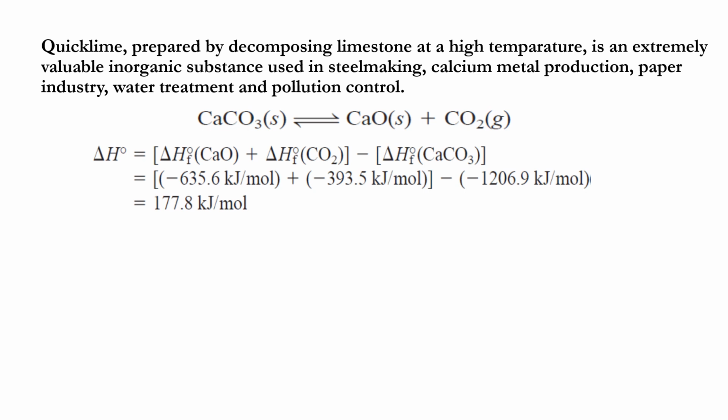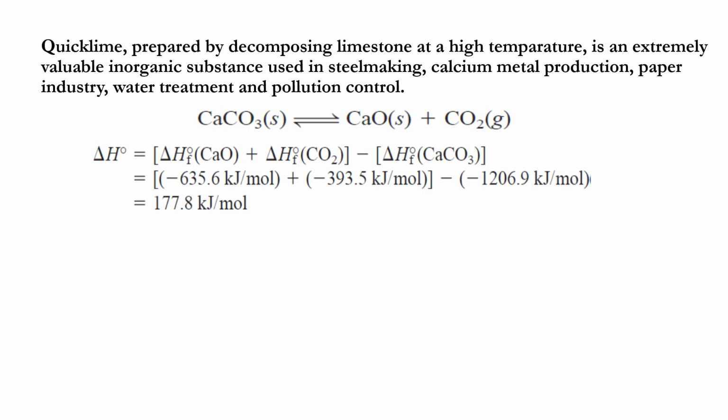Let's first compute the enthalpy of the reaction. As we have discussed in the previous video and in the previous slides, the enthalpy of the reaction is calculated by getting the difference between the enthalpies of formation of the products and the enthalpies of formation of the reactants. In this reaction, we only have one reactant, which is calcium carbonate, and we have two products, calcium oxide and carbon dioxide. So from the table of constants, we get the enthalpy of formation of calcium oxide,